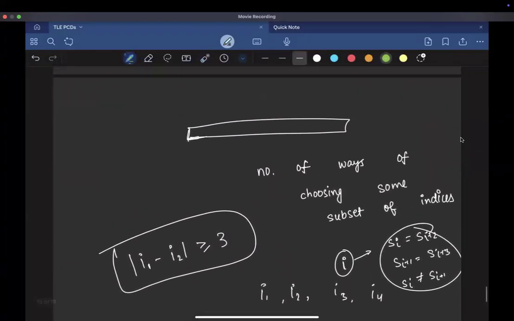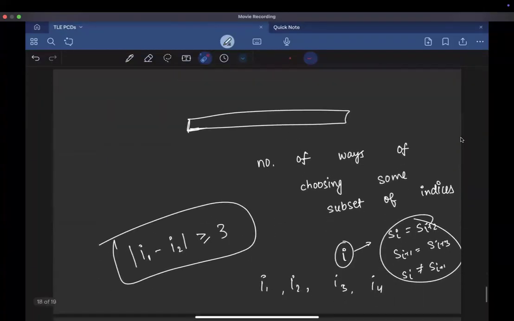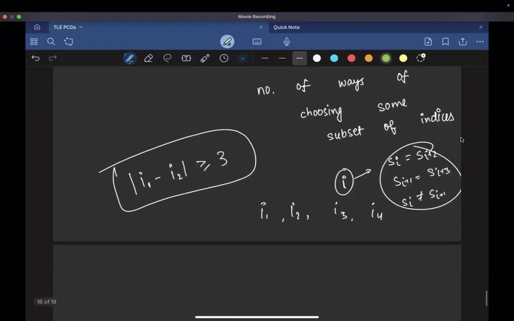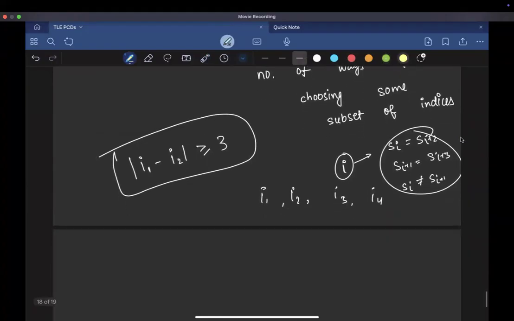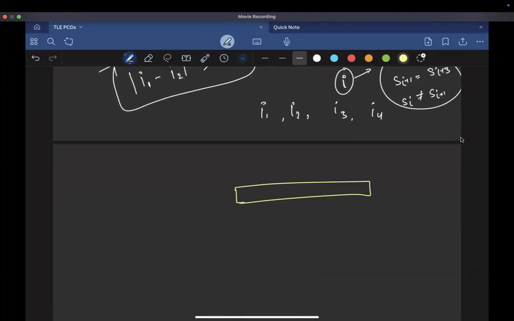Okay, nextly, I did try to formulate it a little bit. That hey, if I choose some index I, then I cannot choose I plus 1 or I plus 2. So this problem is now basically a very standard DP problem. It's a simple variation of a very standard DP problem in which you have to find out the number of subsequences of an array or something